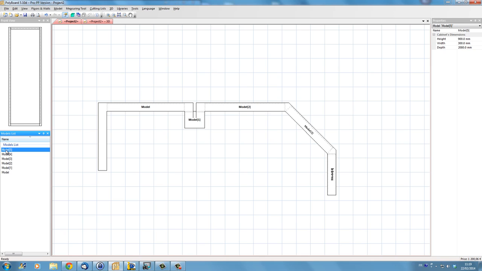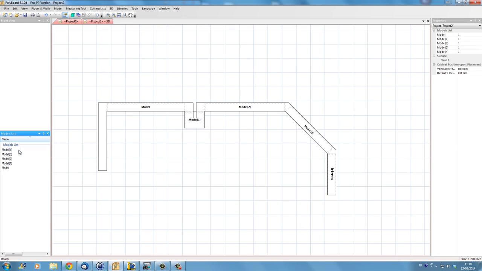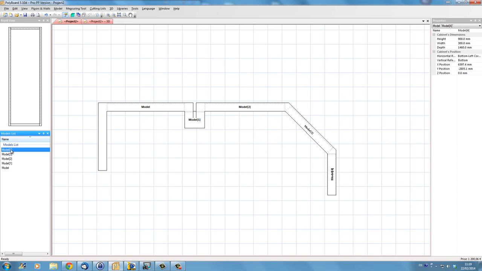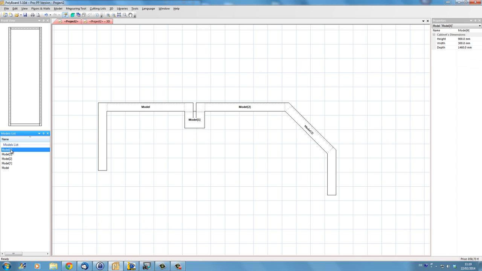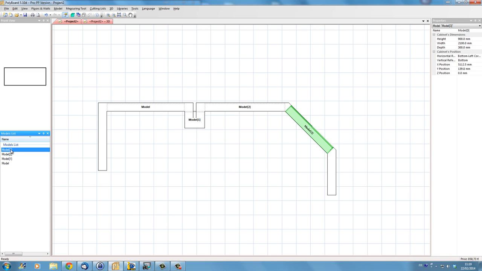So I'd quite like to delete it from the list. So what I do is I just highlight it in the list, and I press delete, and if there's no instances in the project, model 5 will disappear from the list. I'll go through that same operation, delete the model in the project, delete the model in the list for all the other instances of my models,